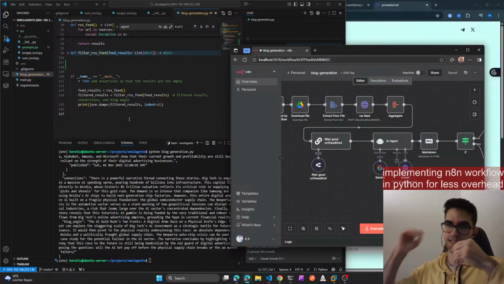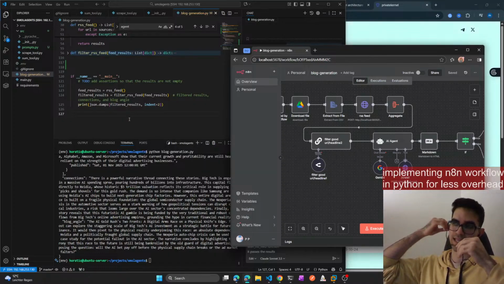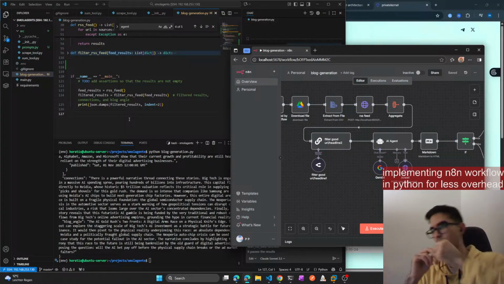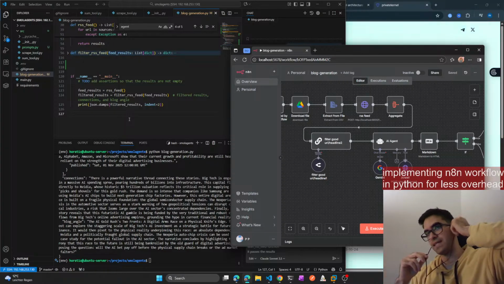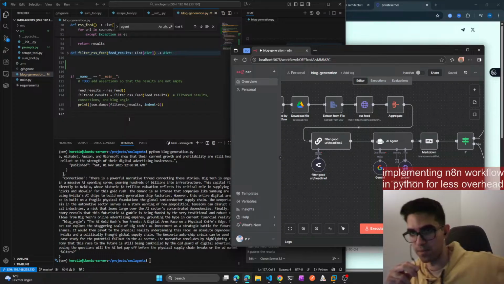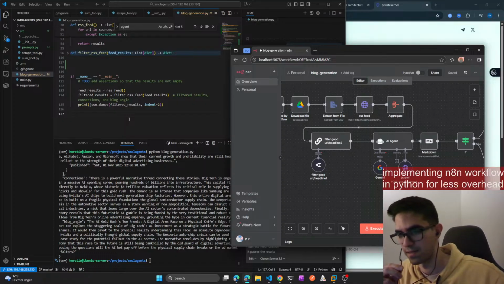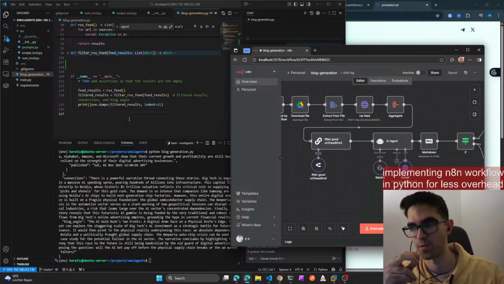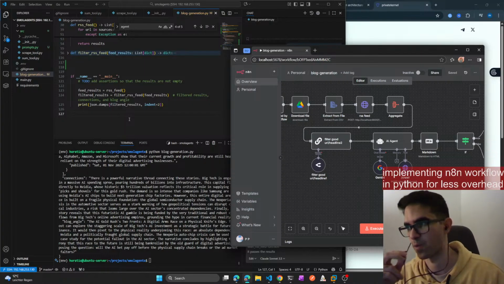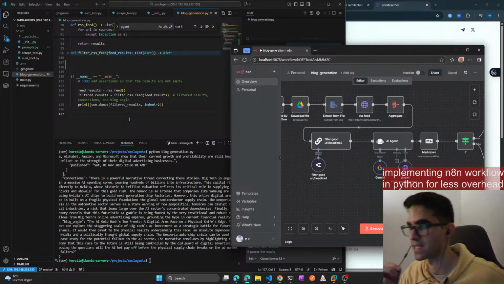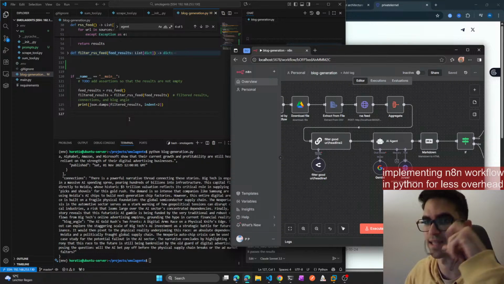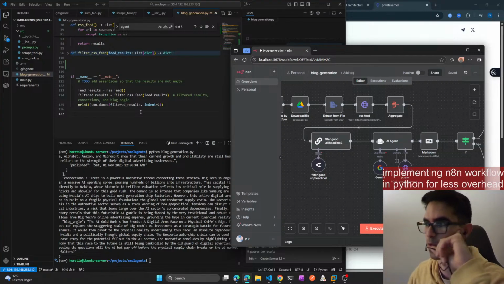So that's the whole idea. And I think doing it this way might be a bit slower, but it will make things really scalable. For example, when we get, let's say, 100 customers, and we want to generate 100 blogs at one time, then this is definitely the way to go, because n8n is definitely going to fail, I would say, when it comes to a high amount of workflows.